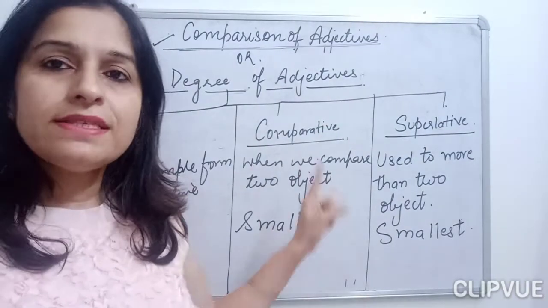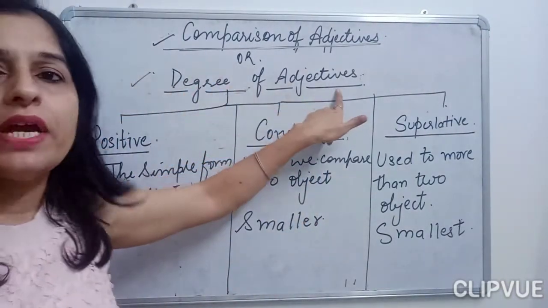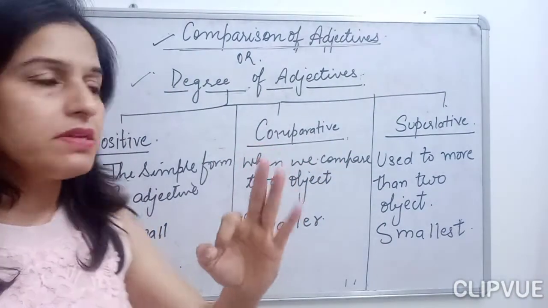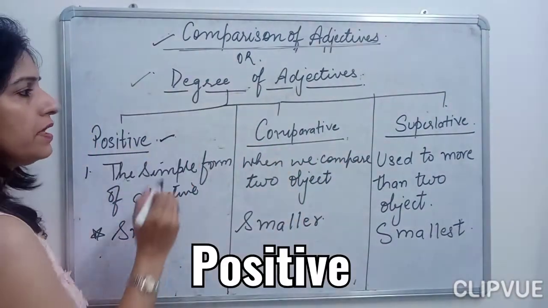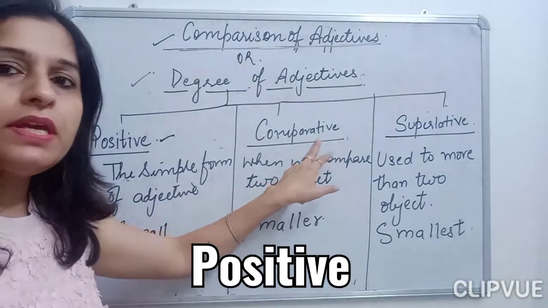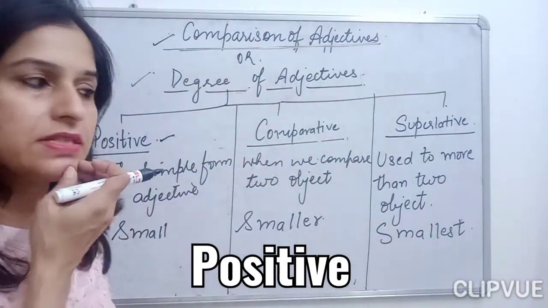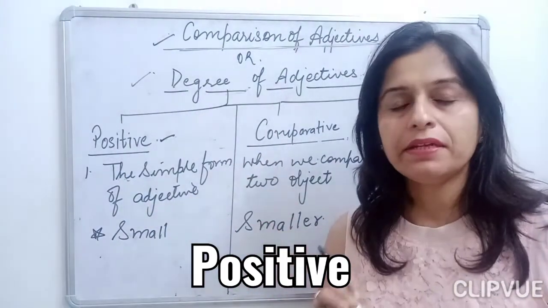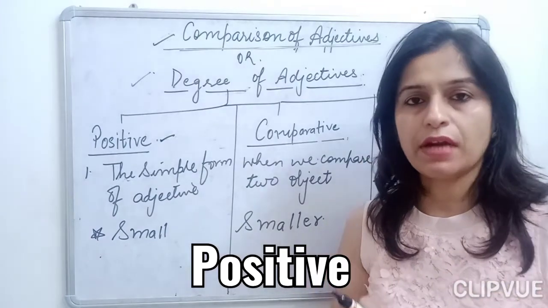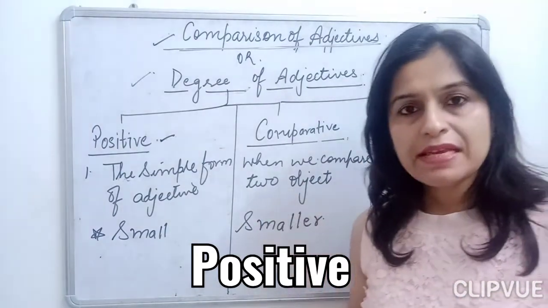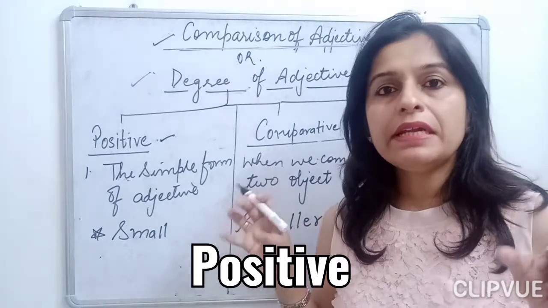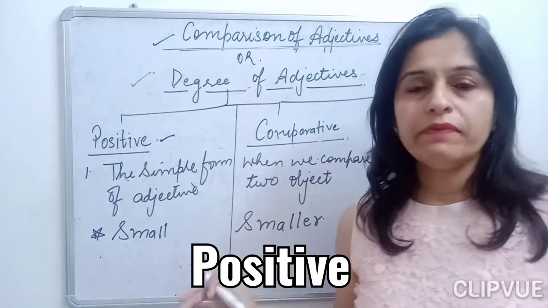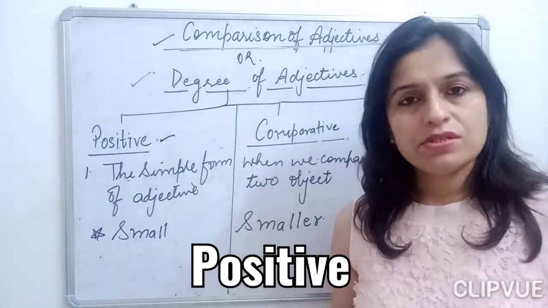Let's start with degree of adjectives. Degree of adjectives is divided into 3 main degrees. First is the positive degree, then the comparative degree, and then the superlative degree, children. This is the basic concept of degrees, which in your layman language you must have done in your classes. But now in this session, we will gain an insight into what they actually mean and why we need to study the degrees of adjectives.